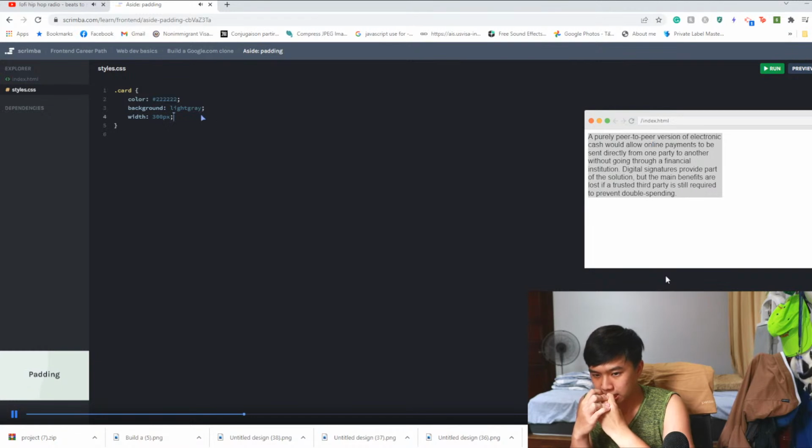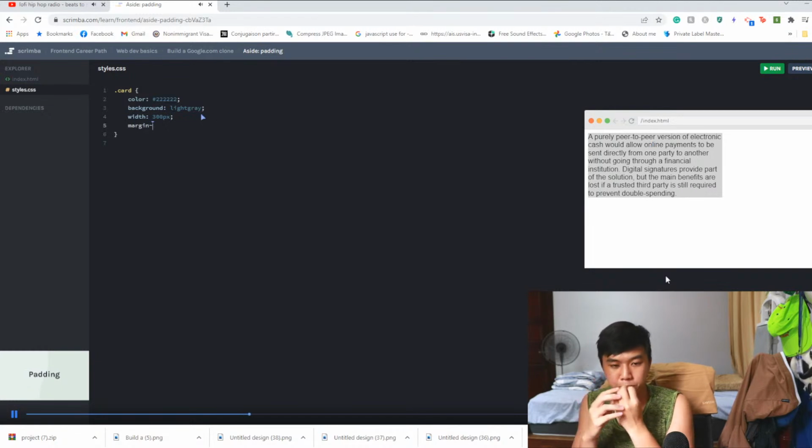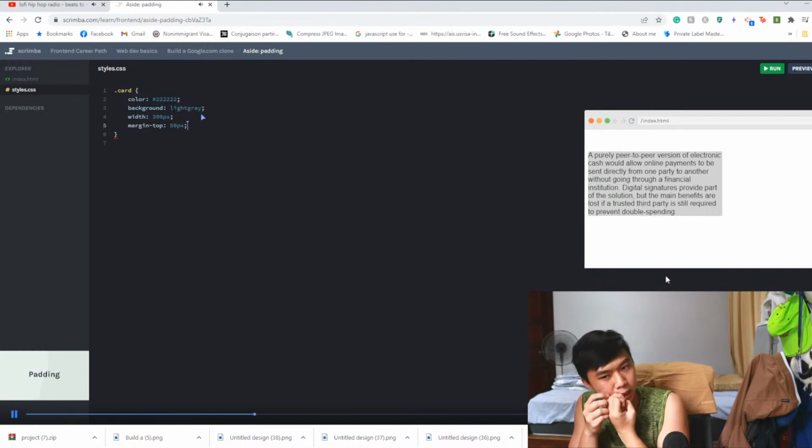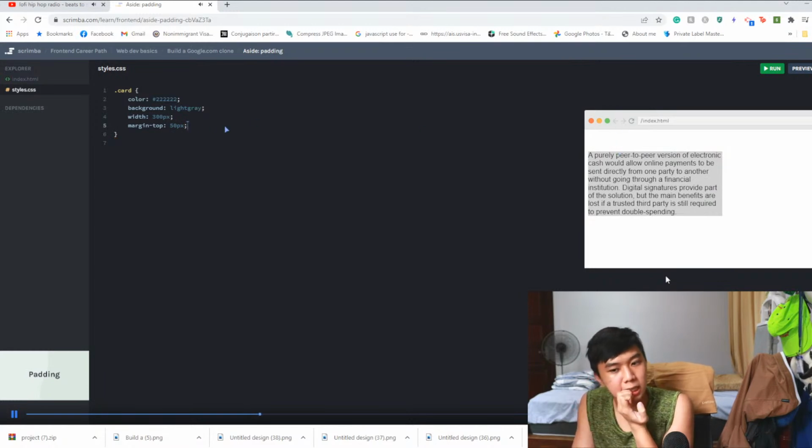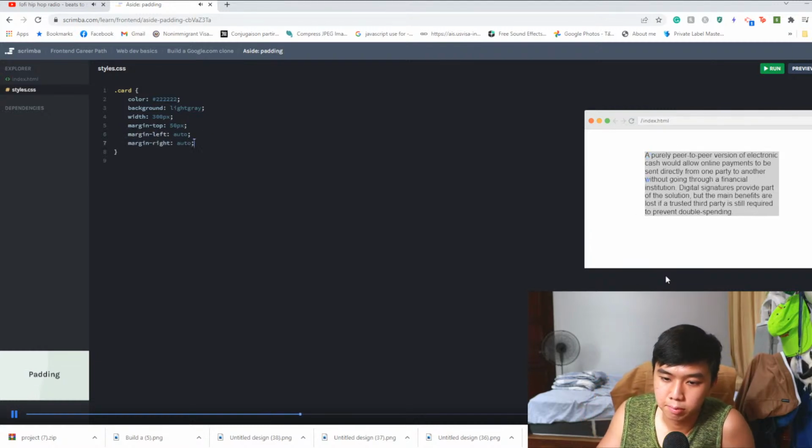Then we also want some space above the card. That is, of course, margin top. Let's push it 50 pixels down from the top. And finally, it should be centered, so let's do margin left